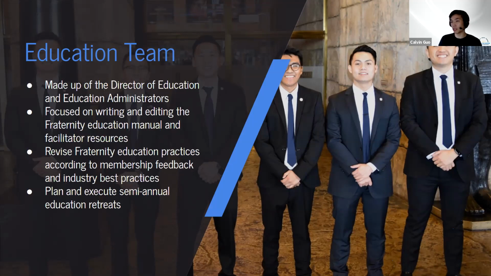So during these education trainings and the retreats that we have during orientation as well as leadership summit, not orientation, convention, they host these trainings for all of the new incoming new member educators. So in order to be a new member educator now, you have to undergo the Noble Brother Program training that occurs during these events. So the education team focuses on putting together the information that's needed during these presentations, as well as, the last bullet says, they plan and execute the semi-annual education retreats.